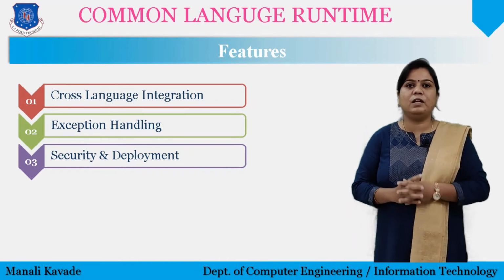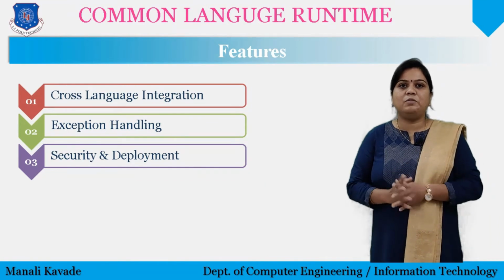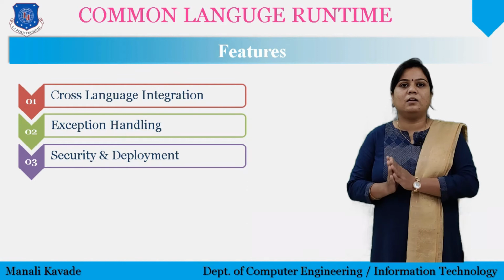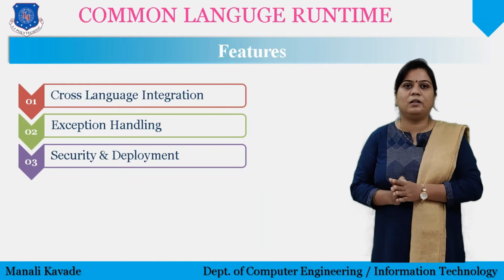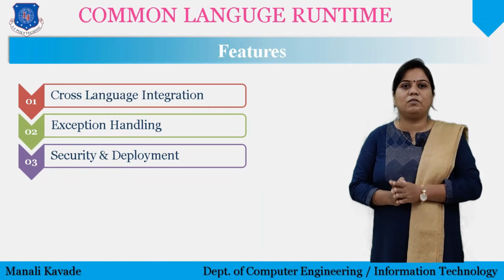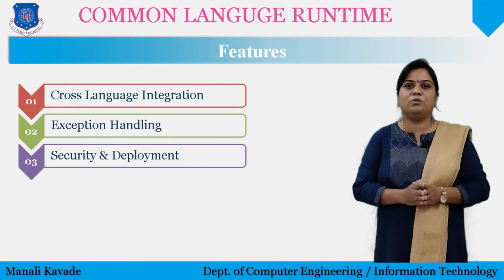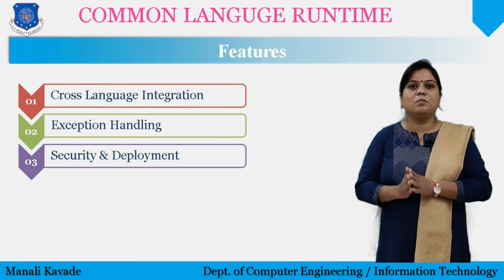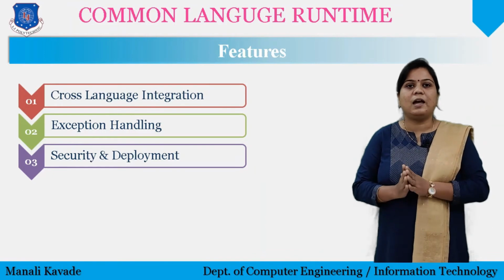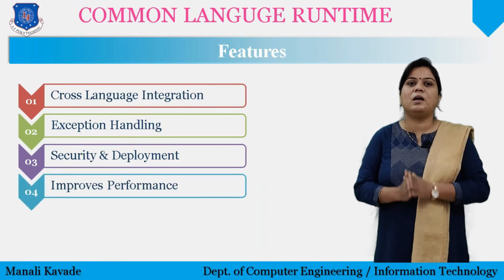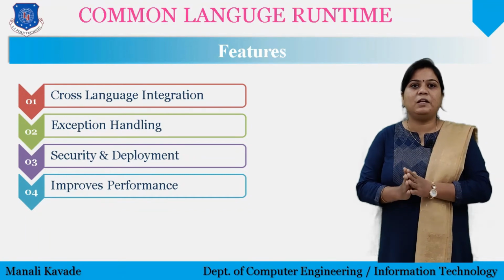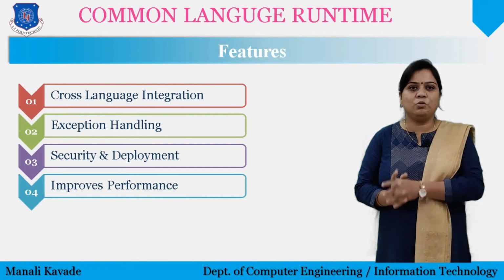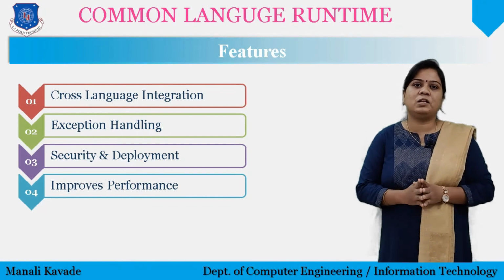As we have seen in the previous slide, at runtime the JIT compiler will compile the required code. So it does not matter how big your application is. At execution time, only the required code is compiled and executed. So it ensures the performance of the system and improves performance, along with the ability to use other languages. If we have some assemblies which may be written in some other languages, you may use them in your current application as well.